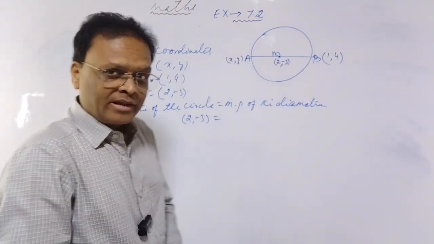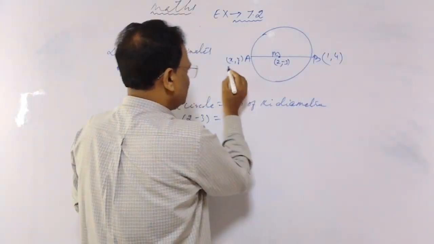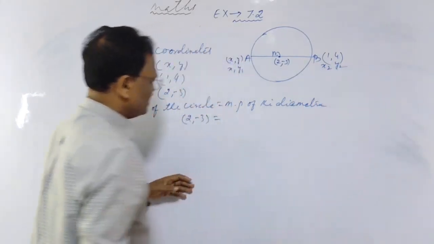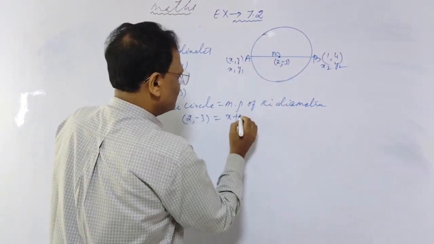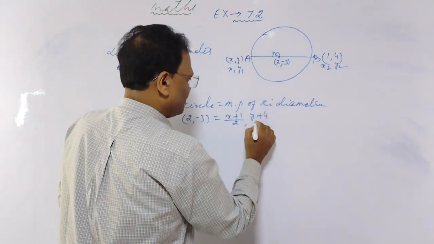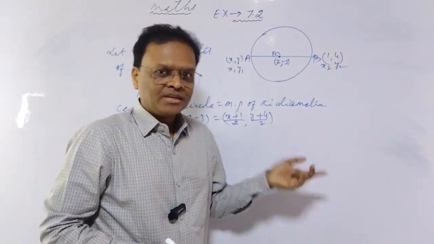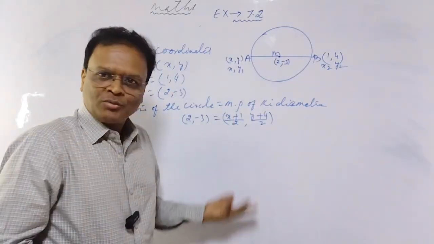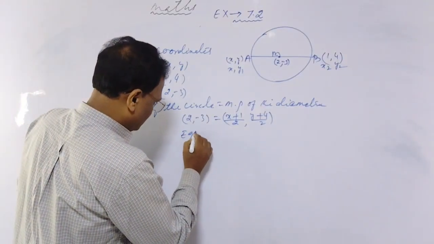Midpoint of the diameter, just use the midpoint formula again. This is the diameter, so this is my x1, this is y1, this is x2 and this is y2. So x1 plus x2 divided by 2, y1 plus y2 divided by 2. Which formula am I applying? The midpoint formula. Try to remember, I already told you. x1 plus x2 by 2, y1 plus y2 by 2, that is the midpoint formula. I think I have to equate. Very simple. If you are getting like this, immediately try to equate. So equating